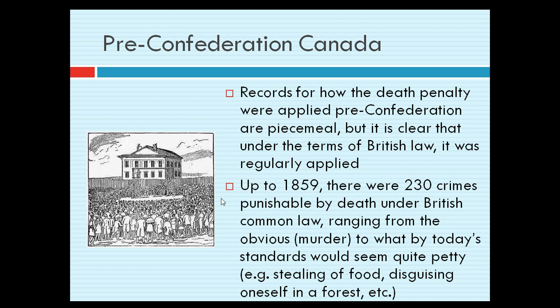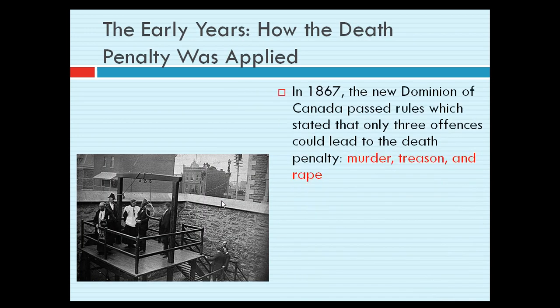No. But that being said, it was at least in theory possible until 1859. It shows you how different society was during those years. When Canada started to become more of a nation, so with the formation of the Dominion of Canada and Confederation of the first four provinces in 1867, there was a move towards making the death penalty a little bit more exclusive and a little bit less connected to the will of the public and more connected to the rule of law. Part of that involved simplifying and limiting the legal options for where the death penalty could be